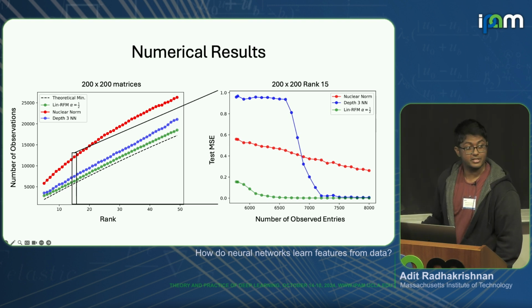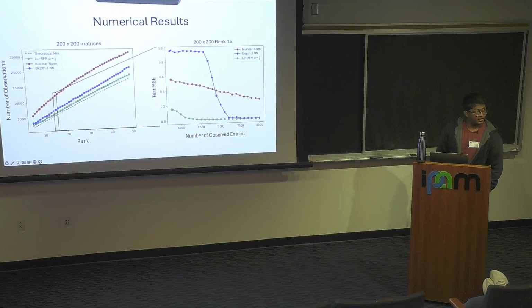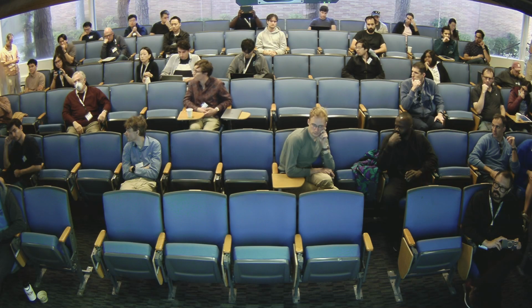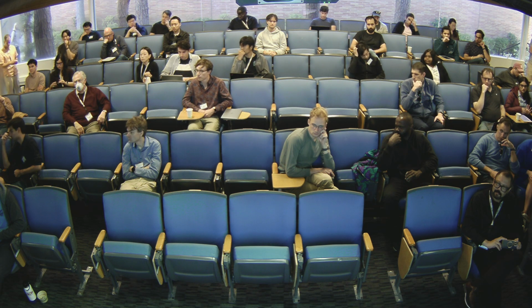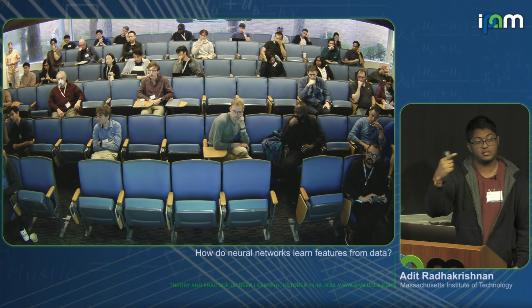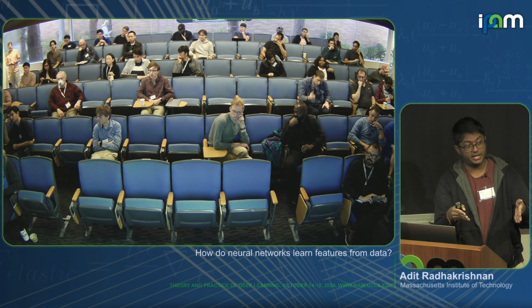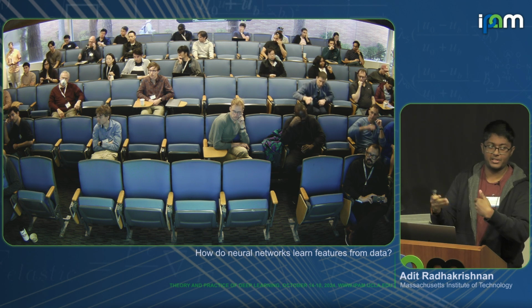Okay. Any questions on the experiment? Sorry, quick question. I missed when in the comparison with the deep neural networks, the loss is what? So the loss that we're training to is the test loss to the true synthetic matrix that I created.